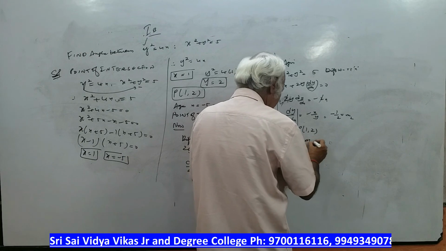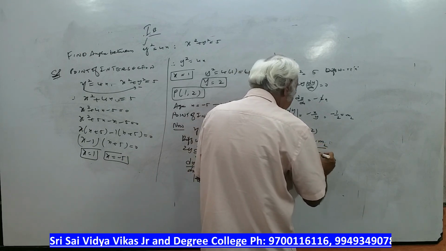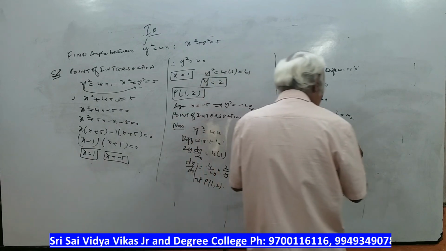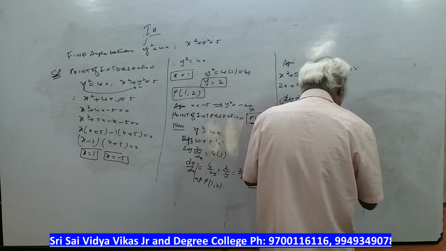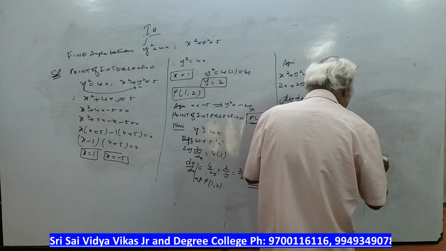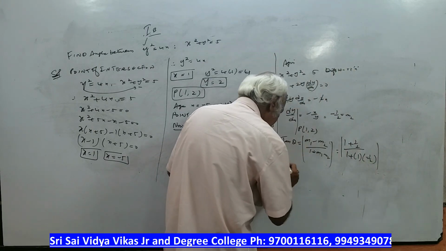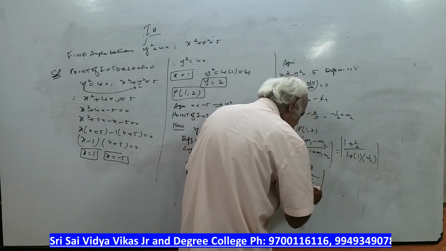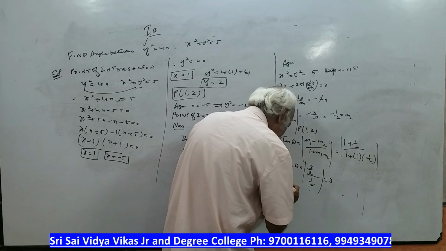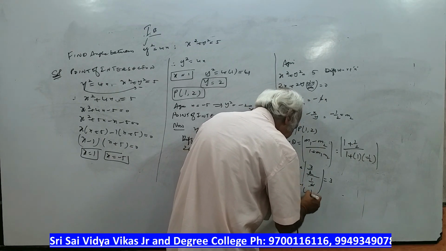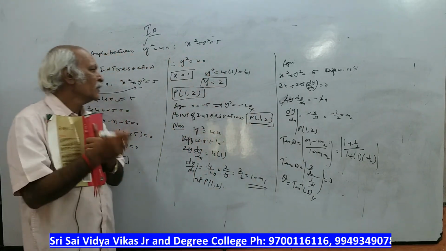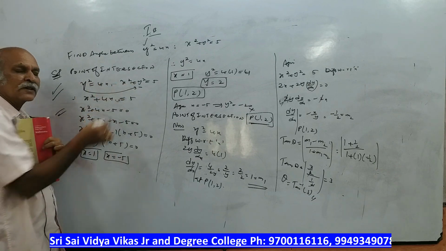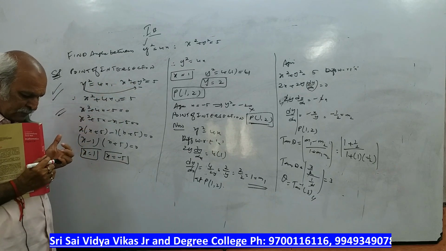Again, which is the formula? Tan theta is equal to m1 minus m2 by 1 plus m1 m2. What is m1? 1 plus 1 by 2 by 1 plus 1 into minus 1 by 2. Observe here, tan theta is equal to 3 by 2 by 1 by 2. Again 2 will get cancelled, 3. So what is the theta? Tan inverse 3. Okay, first find out the point of intersection, sir. So here look at the equations, convert accordingly. Okay, copy this.